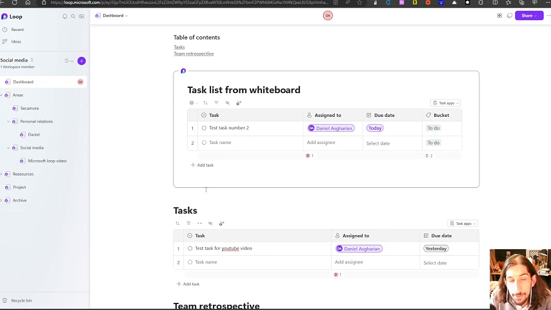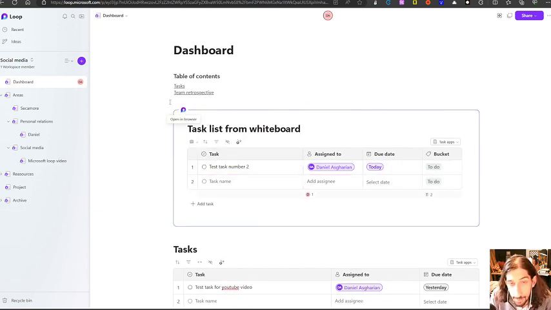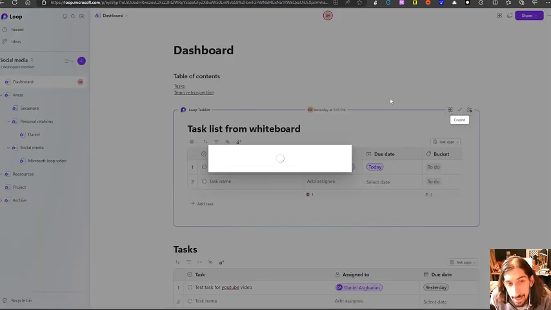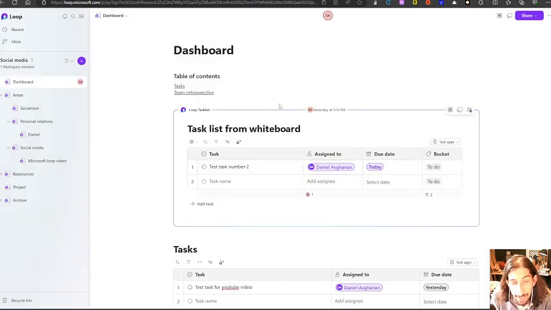It is a beautiful looking application, but there are some problems with this, which I will touch on later. One of the most important things with Microsoft Loop is the loop components that I have right here. So this is a loop component. And what's good about something like this is that it can be pasted anywhere across your workspace or across all of your Microsoft applications. So I can copy this, I can paste it into an email, I can paste it into Teams, I can paste it into whiteboards even,